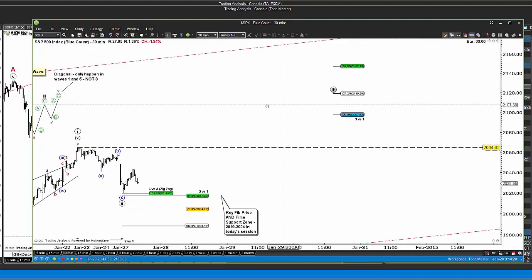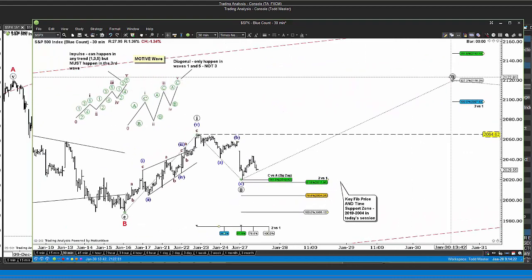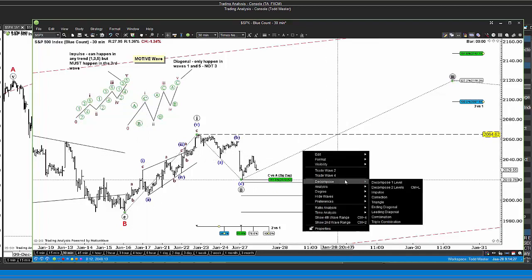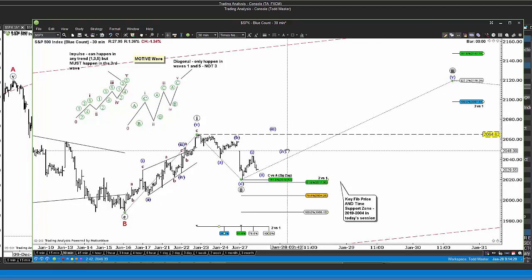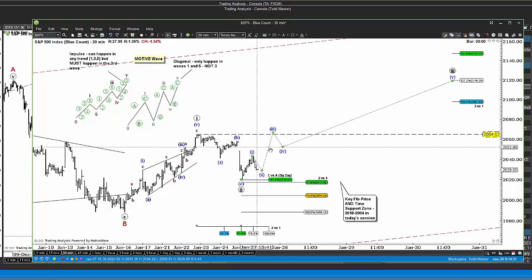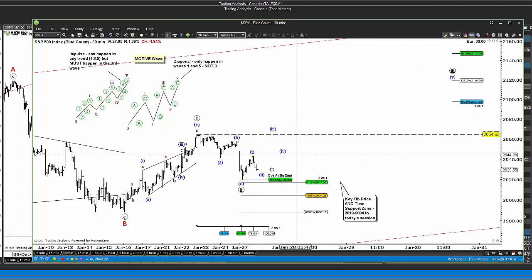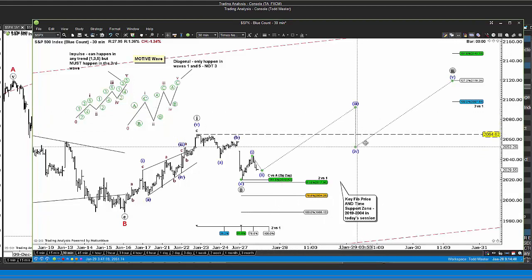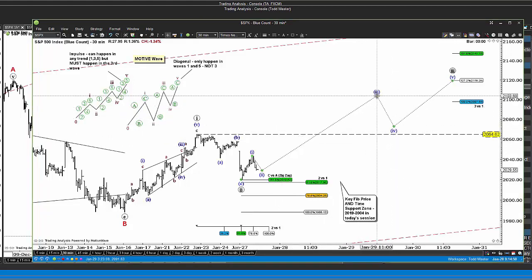I know wave 3 needs to be 5 waves just like this. So what I do is I right-click, decompose as an impulse. And MotiveWave has a problem here. It kind of drops some. It's trying to auto-count down here, which if I just left it here, does that look right? A little short 1, little short 2, up in 3, and then a massive 5. No, that's probably not right. So what you want to do is just lay out your future points based on an ideal